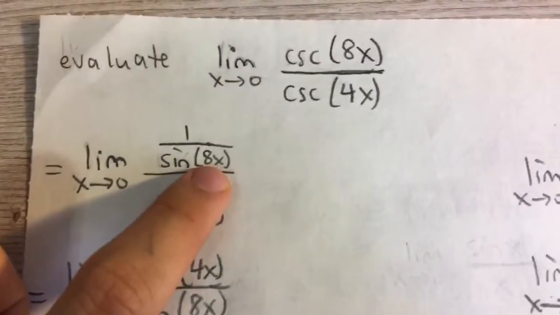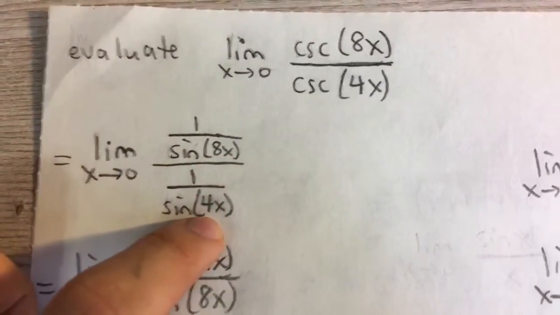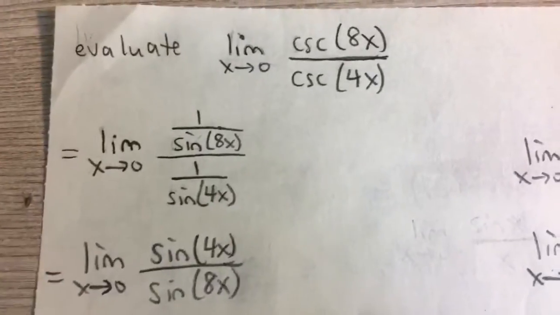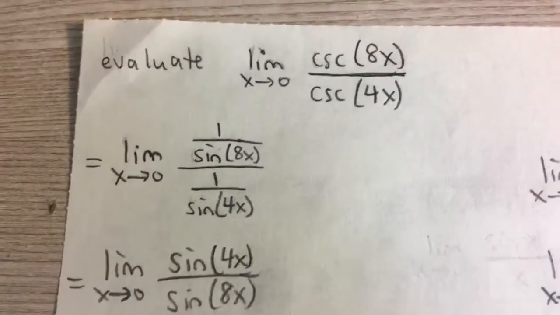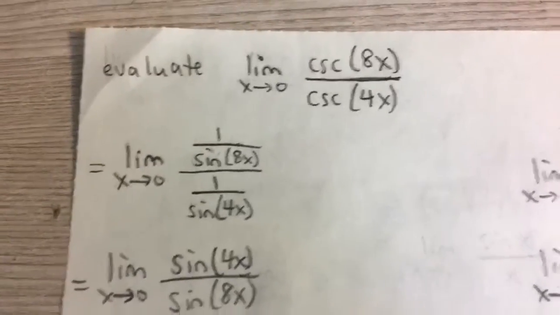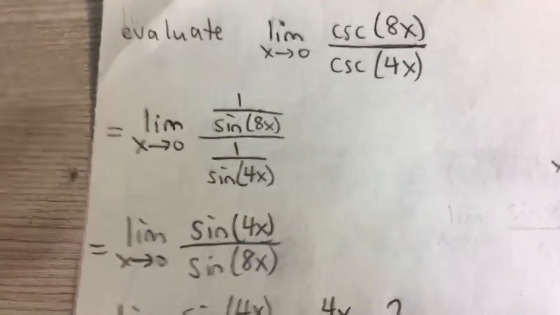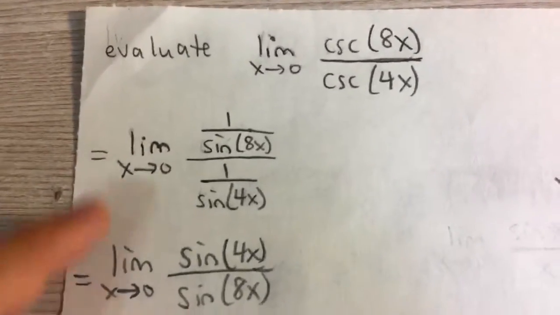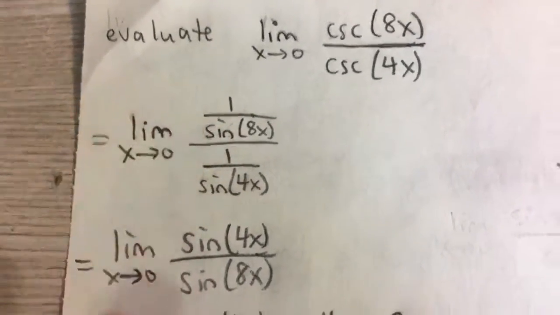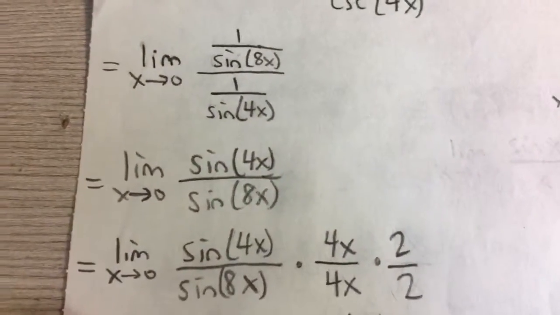If we plug in x equals 0, we'll have sine of 0 in both cases. And sine of 0 is 0, meaning we'll divide by 0 and we'll get undefined. So we can't just plug in 0. So what we have to do is do some algebra, some manipulation of this expression in order to get a limit. So again, I wrote it as a reciprocal and I simplified it, and you'll get sine of 4x over